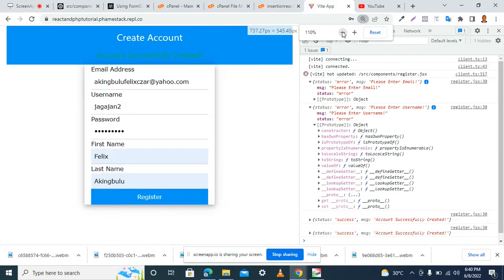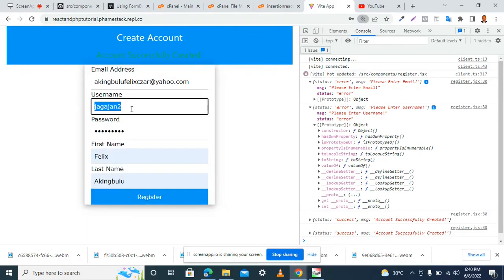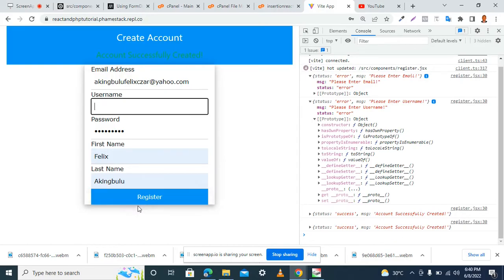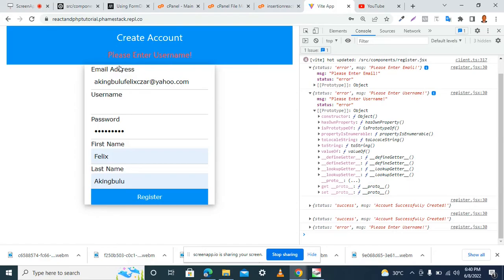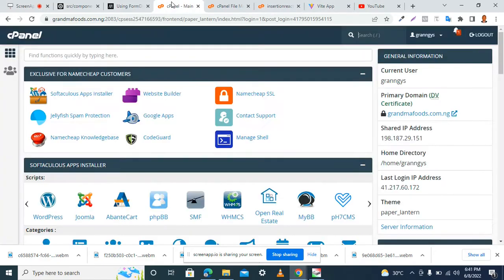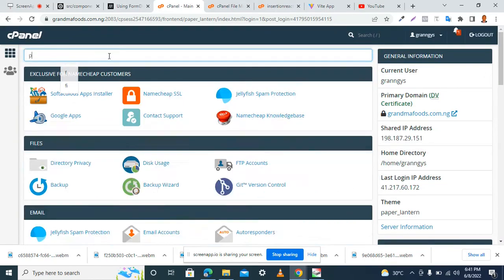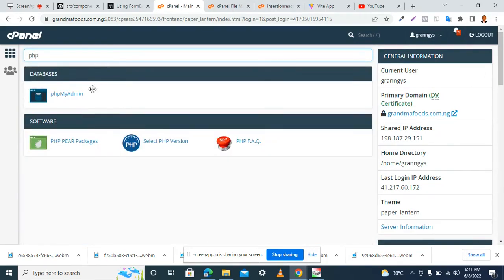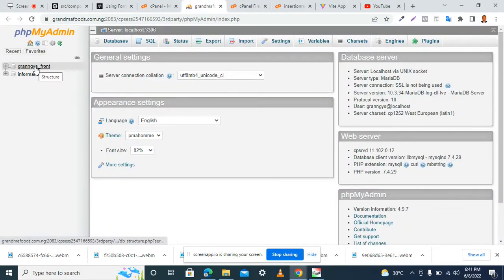So let me reduce the size. If I remove the username, for instance, I expect there should be an error: please enter username. And if we go to our database, for instance, PHP, I think, all right,